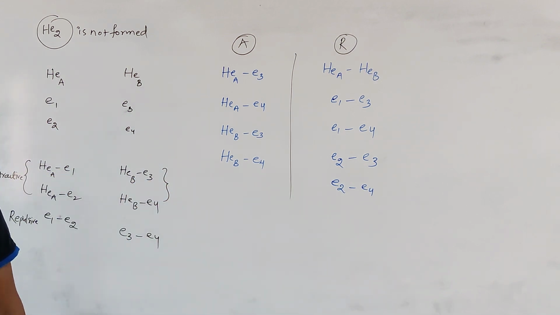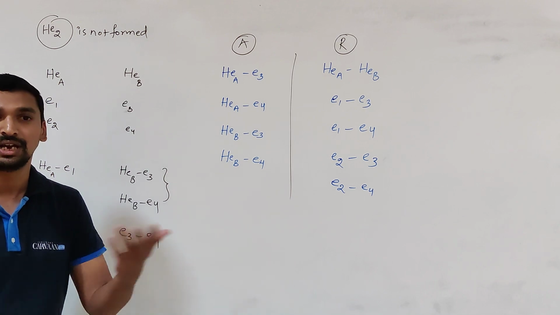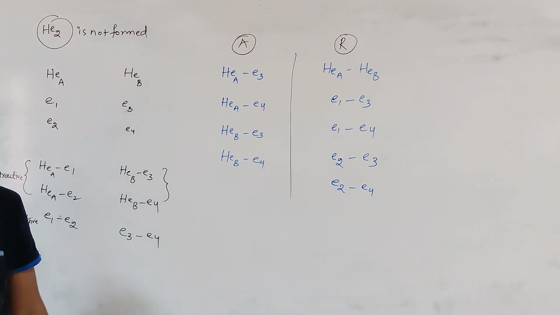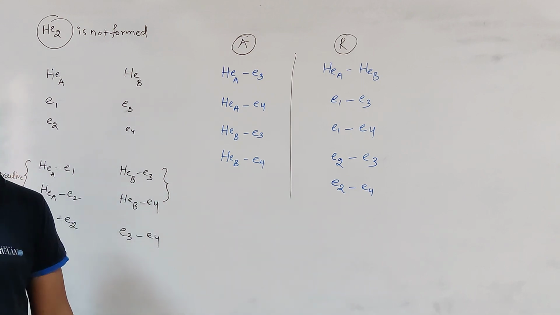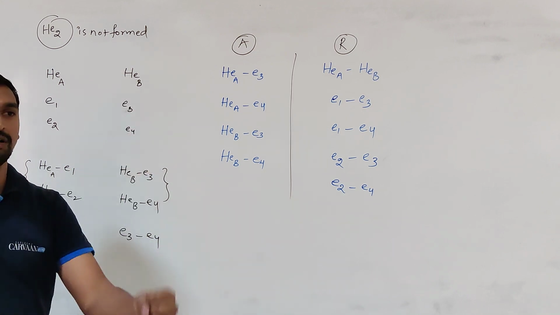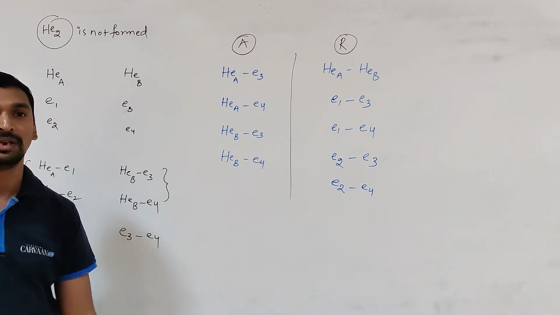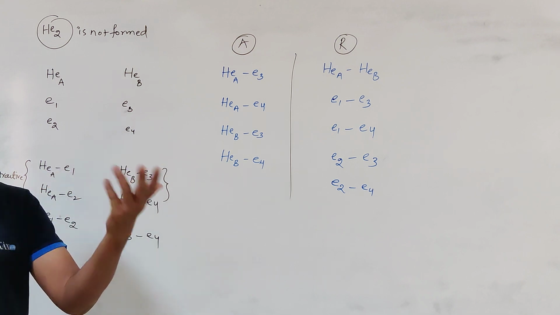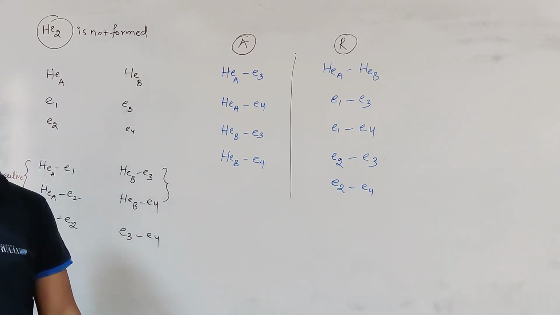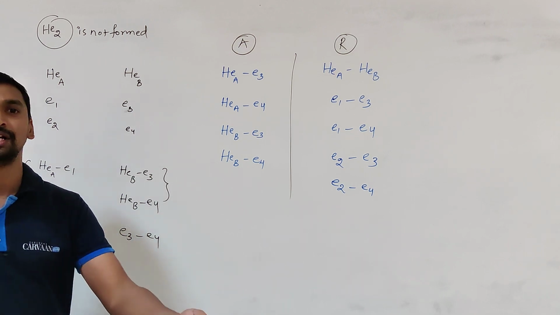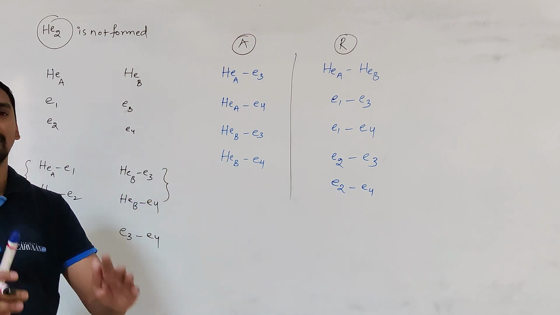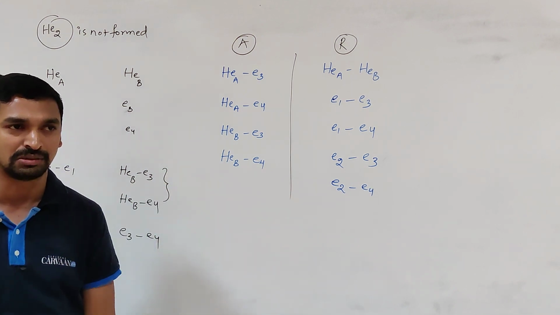Only the hydrogen molecule is formed. Why? Attractive forces dominate the repulsive forces. That's why the atoms come very close to each other. During the coming close, energy is released. As a result, the stability of the system increases. At a particular distance, that is 74 picometer, attractive forces equal the repulsive forces, corresponding to the minimum energy and maximum stability. At that stage, the two hydrogen atoms are bonded together to form the hydrogen molecule.